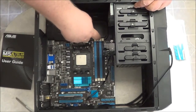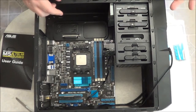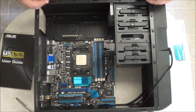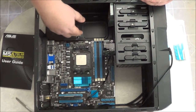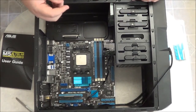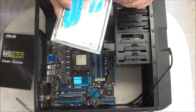Now once you have the selected slots, some of the boards have 2, some of the boards have 3, some of the boards have 4. It just depends on the design and how much memory they'll support. Now this motherboard here supports 32 gigabytes, meaning that the maximum RAM that it can have per slot is 8 gigabytes. So what we're going to do, I've got all my